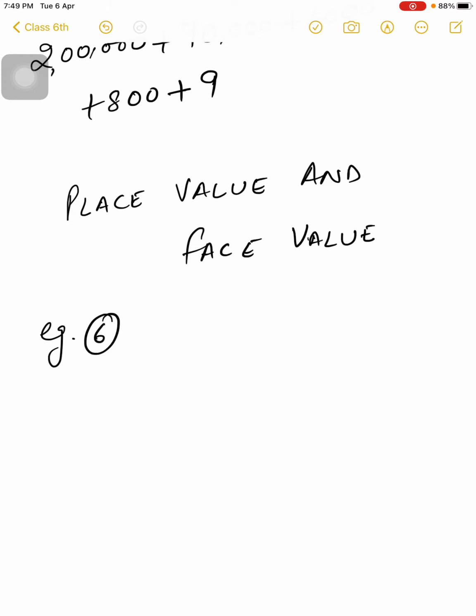The number is 37 lakh 48,763. Ones, tens, 100, 1000, 10,000, lakh, 10 lakh. Okay, so the question is